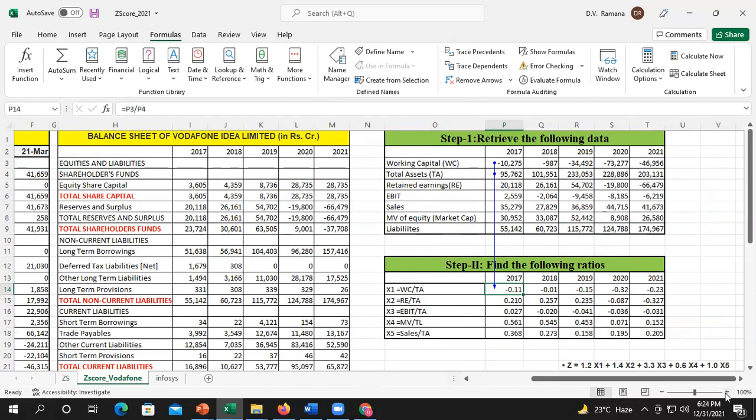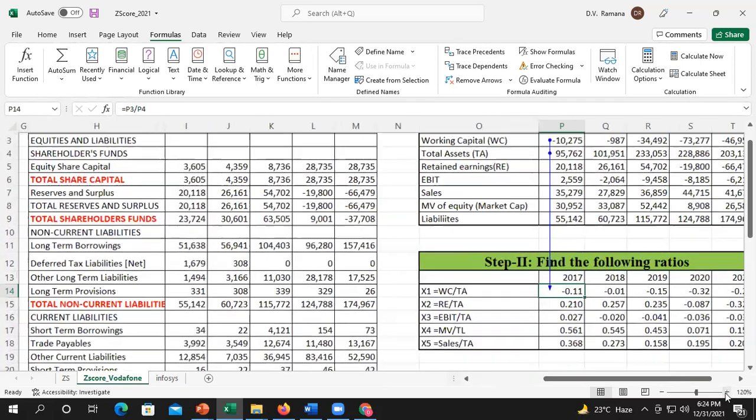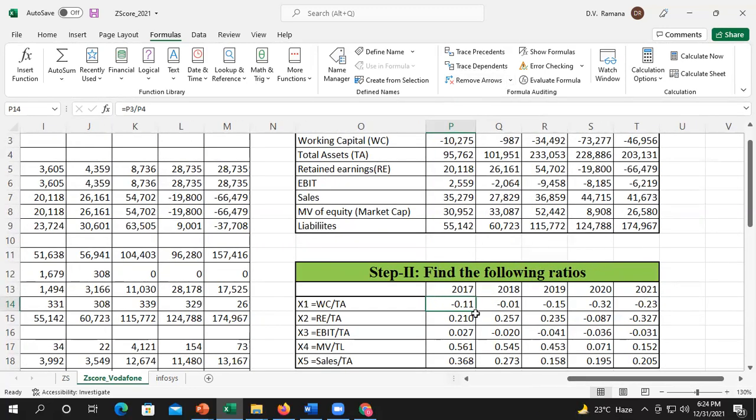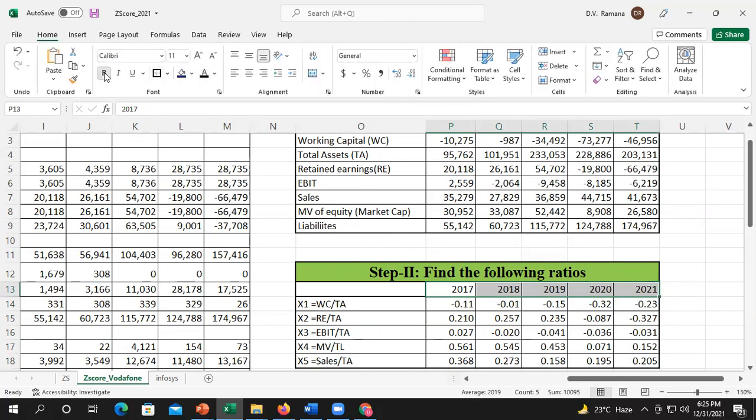X1, that is working capital by total assets. Then X2, that is retained earnings by total assets. Then we found X3, EBIT by total assets. Okay, we use the data that we collected from the financial statements: X4, the market value by liabilities, and then X5, sales by total assets. Then we derived the same ratios for all the 5 years of the study,